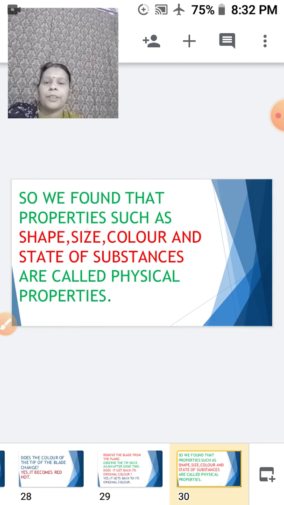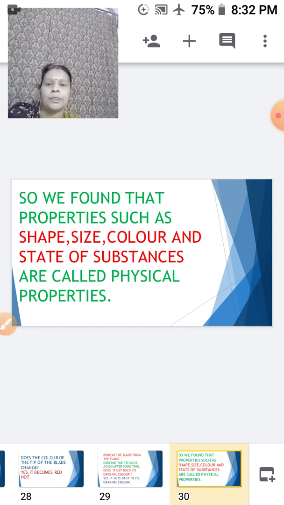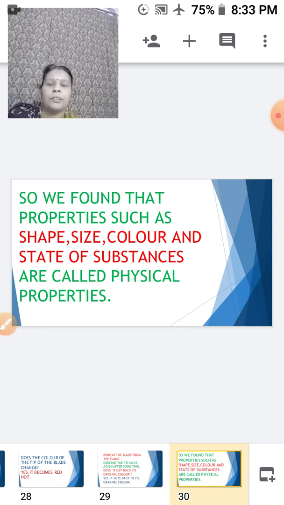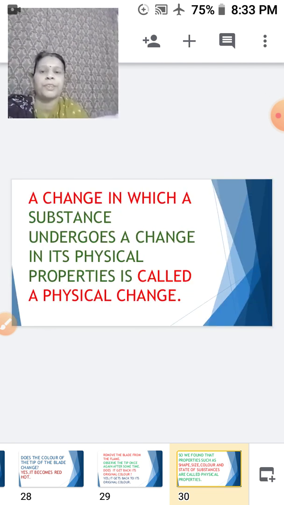So here children, we found that the properties such as the shape, the size, the color and the state of substances changed, and these are called physical properties.